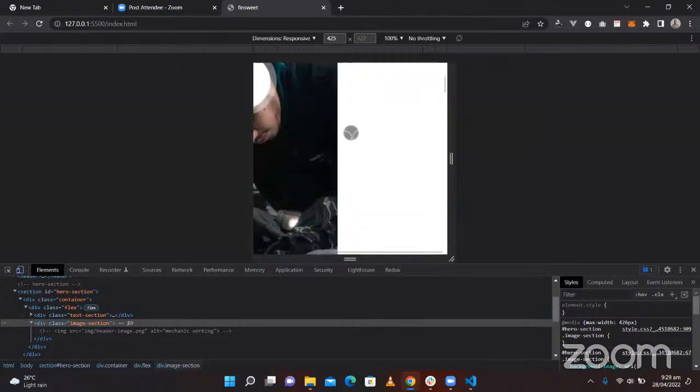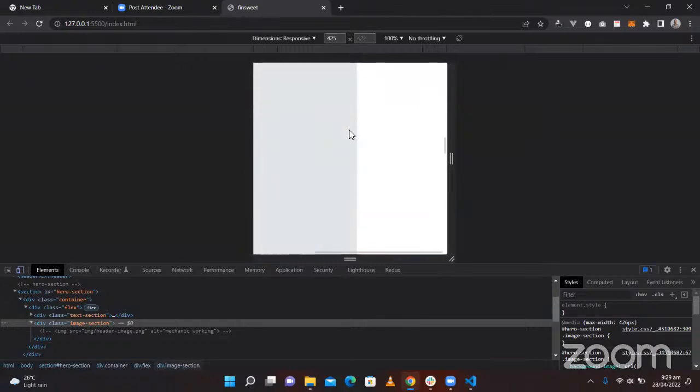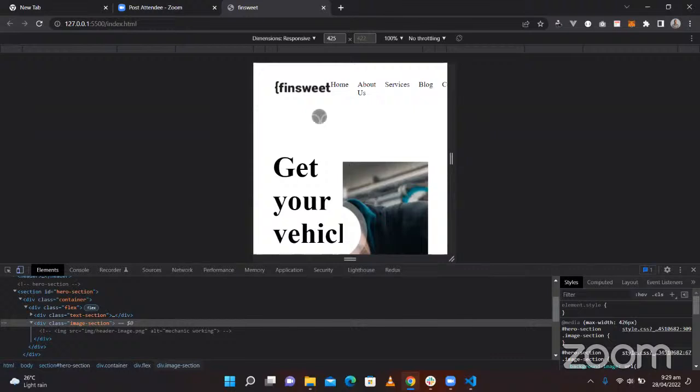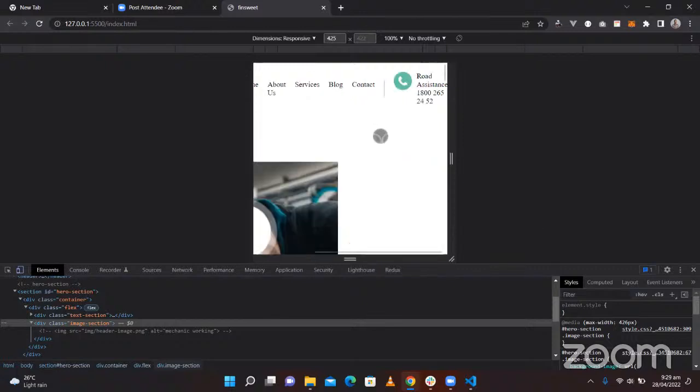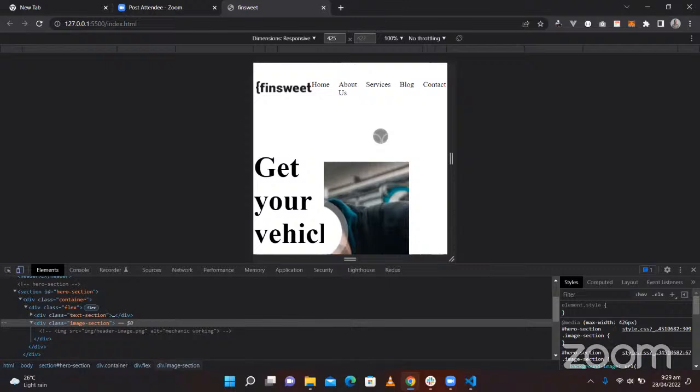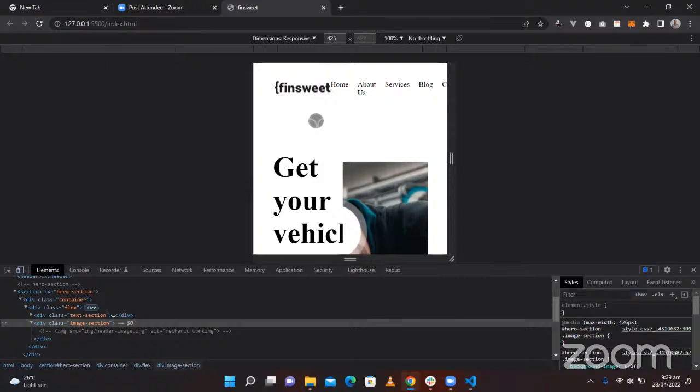Let's say our container is constraining all of this. But this header now is coming out, it is overlapping on the page. So we want to start from there to fix all of this. So let's confirm that this is our problem, and that if we remove this, if we're able to fix this, we will be able to